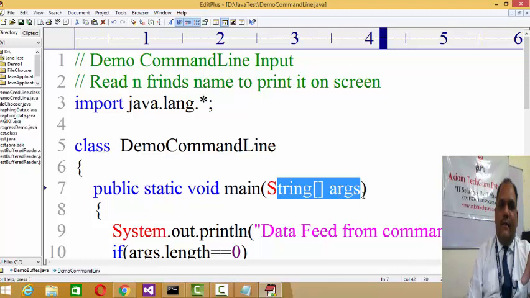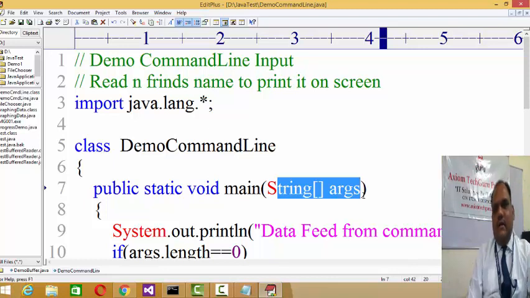That is why even the buffered reader reads the data in the format of string, because memory may contain the data in the format of integer, float, double, or whatever. Everything can be assigned to string. So string is a generic type of data type. Why am I saying generic? Because any type of data you can assign to the string.